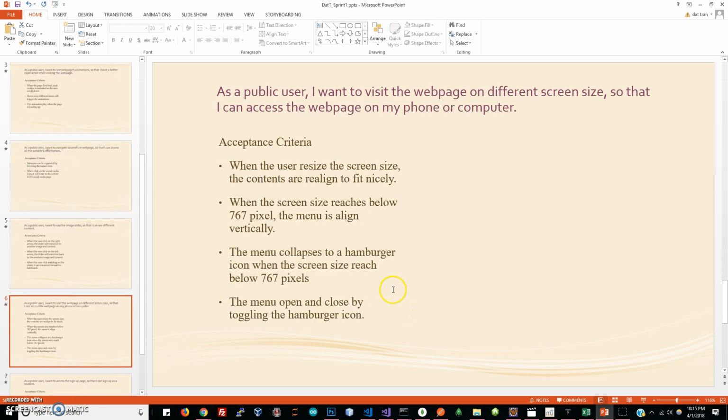As a public user, I want to visit the web page on different screen sizes so that I can access the web page on my phone or computer. Acceptance criteria: when the user resizes the screen size, the contents are realigned to fit nicely. When the screen size reaches below